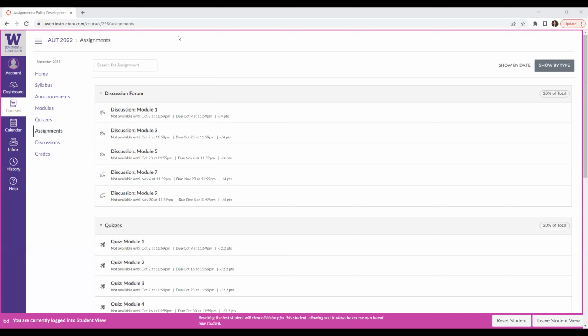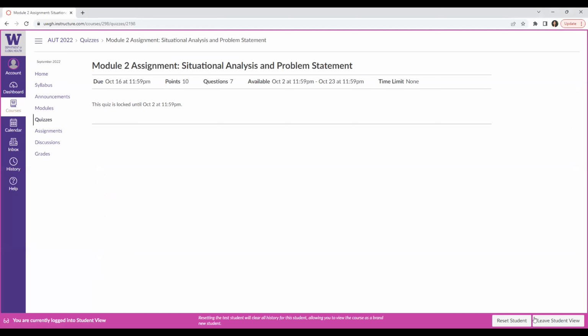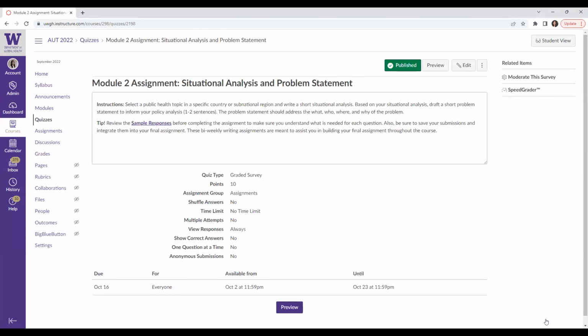There was also a question about where we submit our writing assignments, and those are in the assignments tab. Let's say the module 2 assignment is open. When you click it, you will be able to review the instructions. You will fill in the required expectations and respond to the questions, and then there will be a submit button at the bottom of it. So you will just submit it directly in there.